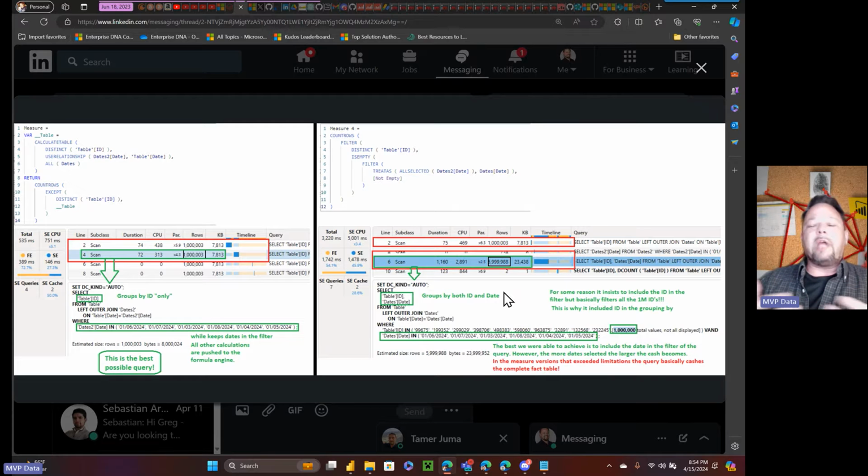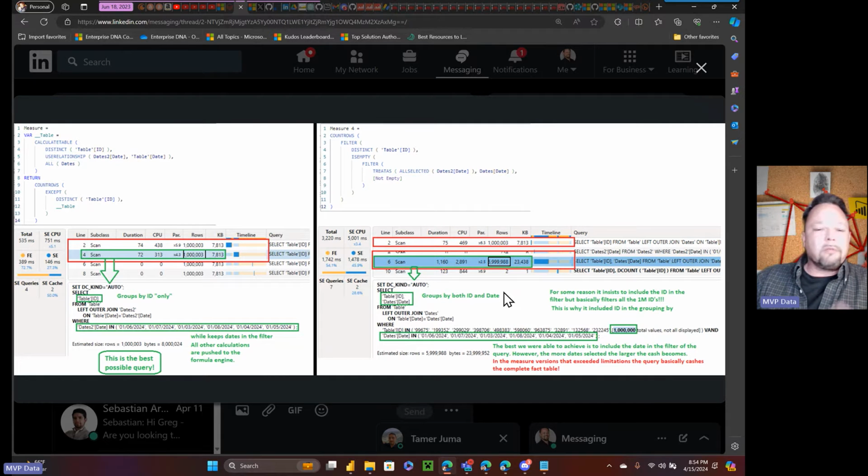Now, even I would not be so petty as to say that, because I'm the one that has been arguing all along that the DAX that you write is not what gets executed, right? That gets translated into a query, and the optimization of that underlying query is what really gives you your performance or non-performance.